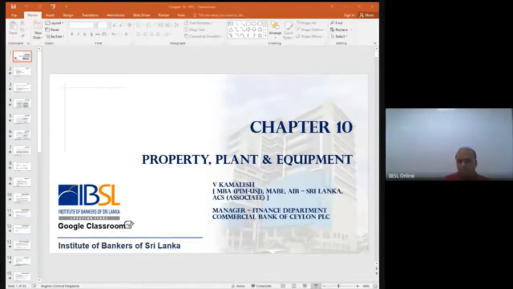Please make a note of that. So what you do is allocate a fixed percentage of the depreciable amount to be written off as depreciation in the P&L for each accounting period.